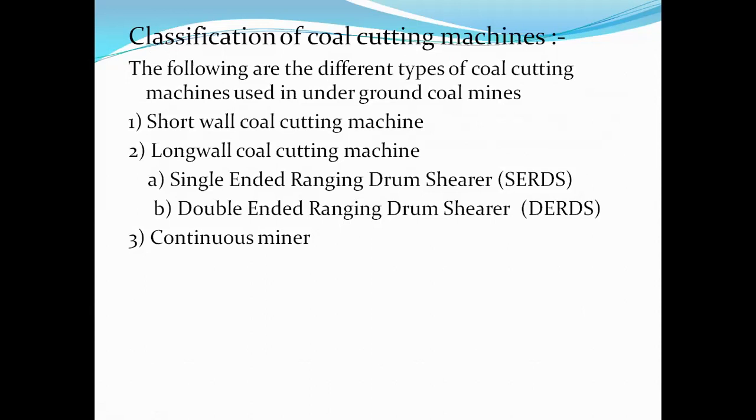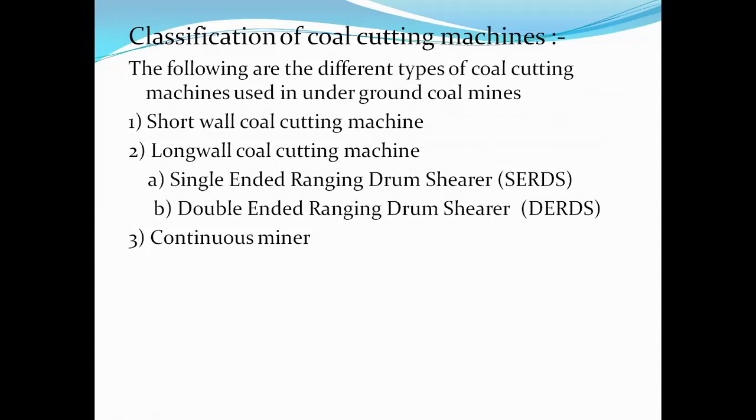Whereas in continuous mining, the coal is being cut by the cutting machine without any cyclic operation. Whatever coal is cut by the machine is transported by means of the conveyor attached to the machine to a desired location. So it does not involve any kind of cyclic operation. That is why this kind of mining is called continuous mining. Hope you got the difference between cyclic and non-cyclic mining.